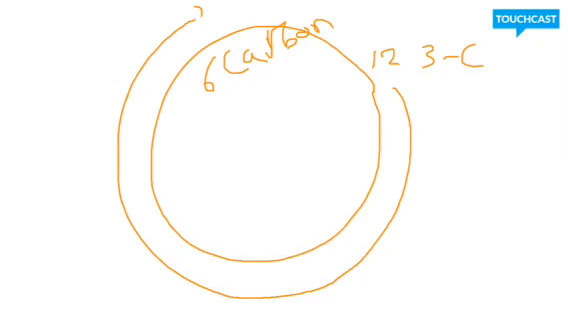Now at some point, 2 of these 12s are taken. So you have 12 here. In this part of the cycle, you end